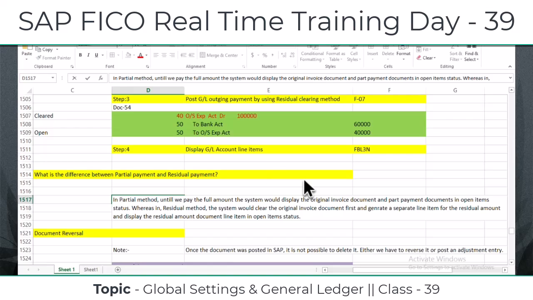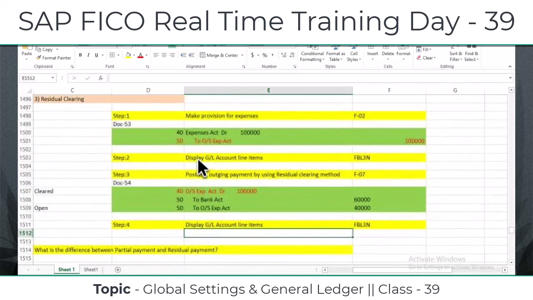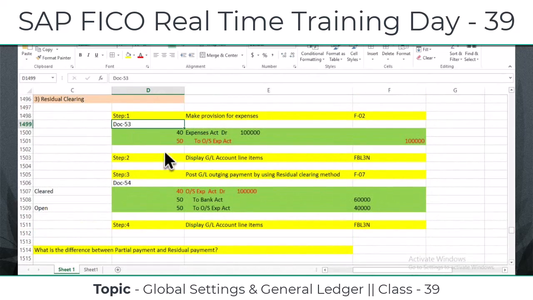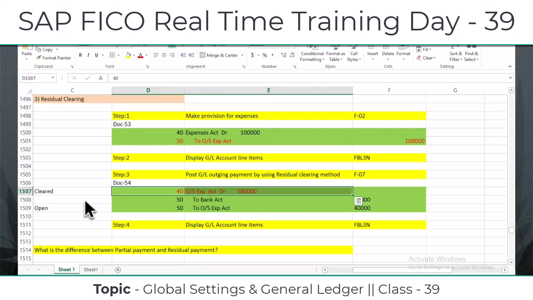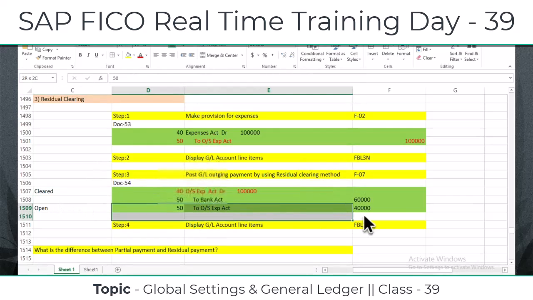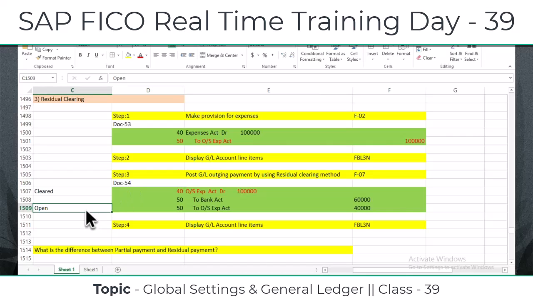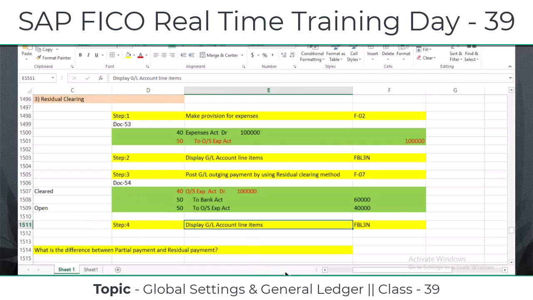That's it. Okay, and the example. So first, even if you pay a single rupee, the entire document will be moved to clear items because this line item is cleared. And the system would generate a separate line item for the remaining amount. Because of this line item, the same document number will be displayed as an open item also. That is the difference. So now you tell me, based on this, what is the best recommendation, the best approach